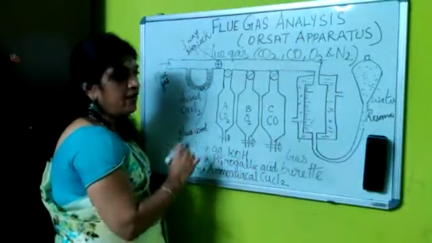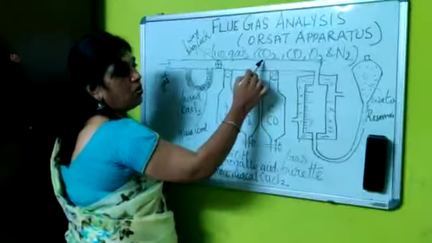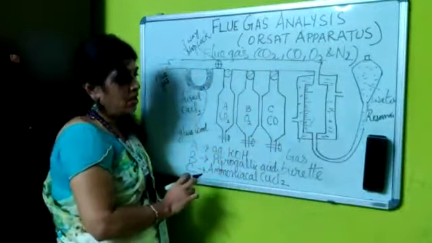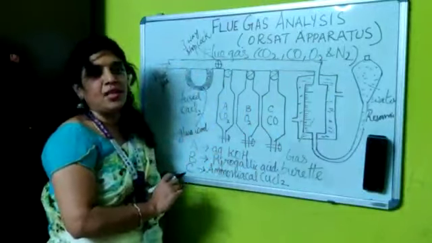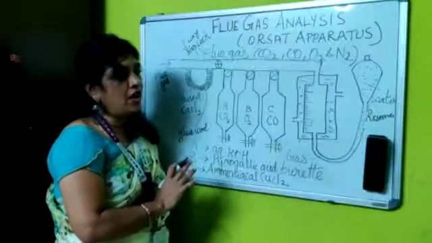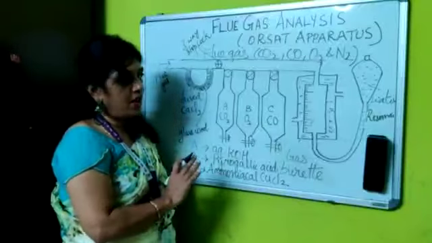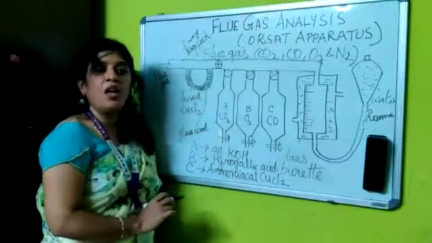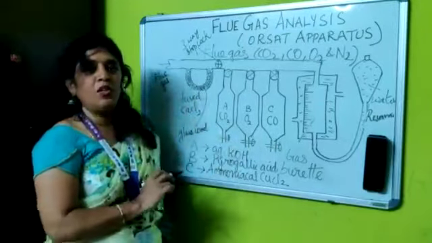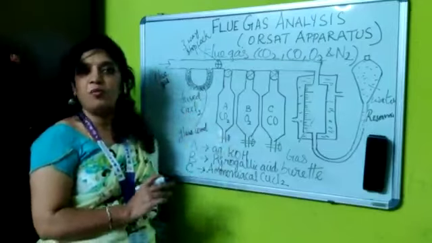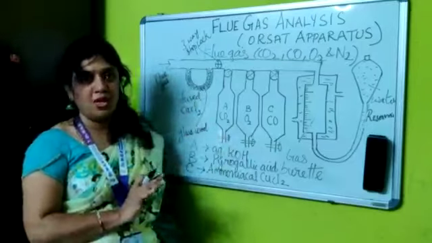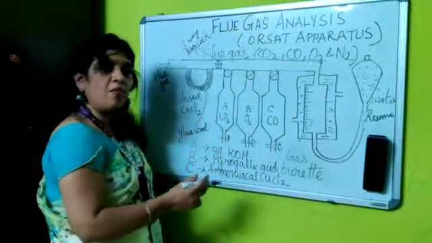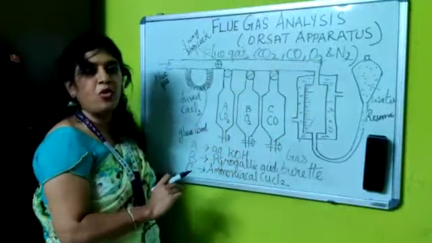In this way, we will analyze the amounts of carbon dioxide, carbon monoxide, oxygen and nitrogen present in the flue gas. Now what is the use of analyzing this? This process is used to ensure whether the combustion has taken place completely or not. After analyzing the four gases, when oxygen is more, it denotes that too much oxygen was supplied for the combustion process, and we will reduce some amount of oxygen. Especially if carbon dioxide or carbon monoxide is more, then the oxygen given for combustion is less, so we have to supply more oxygen.